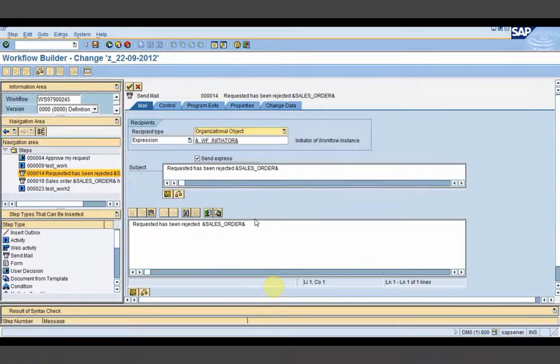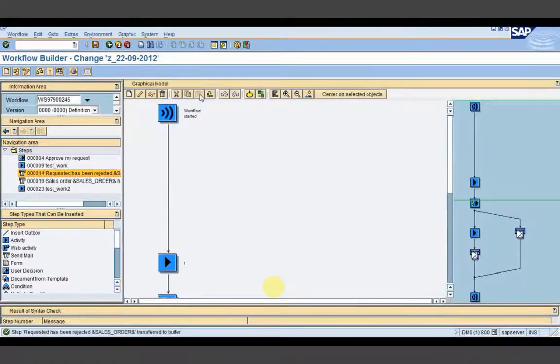In send notification also, when we execute that particular function module, in the backend I will show you that the mail has been sent to that user, but in the inbox of the user it only appears when the scheduled background job runs. So that I can show you tomorrow, with the same date. Today we will be discussing the standard function module which is available for sending the notification.